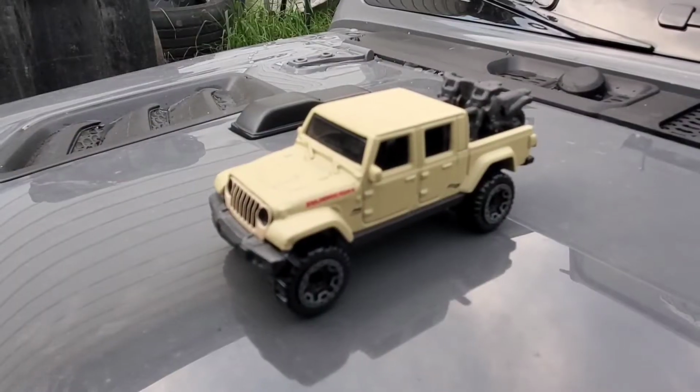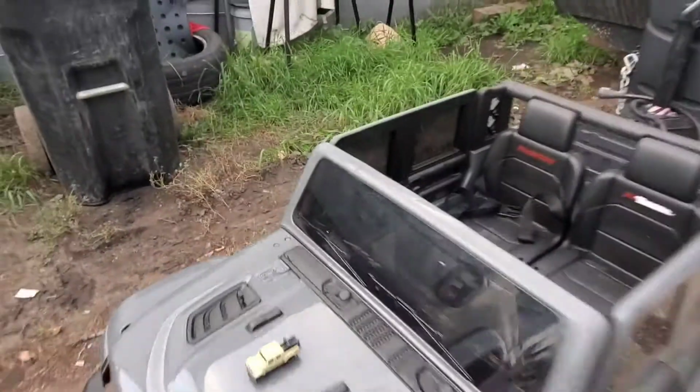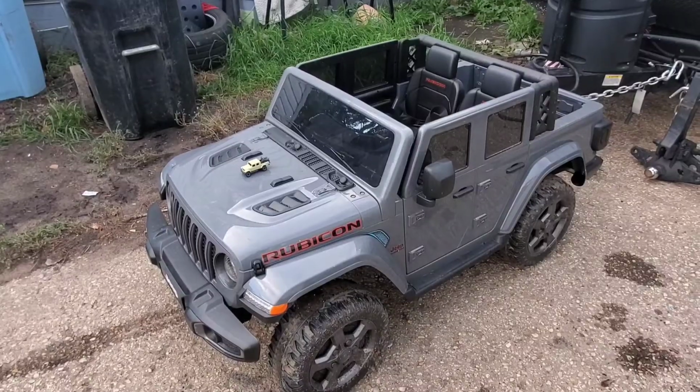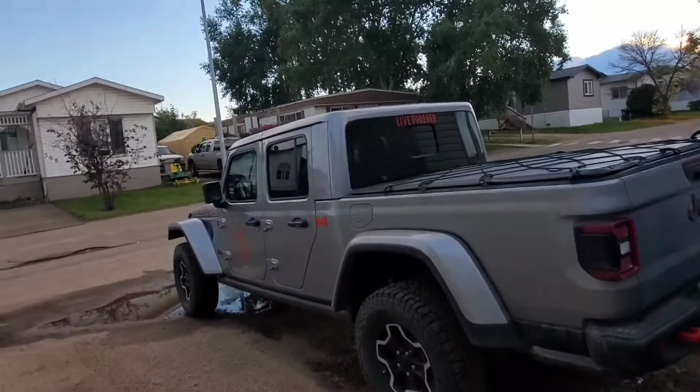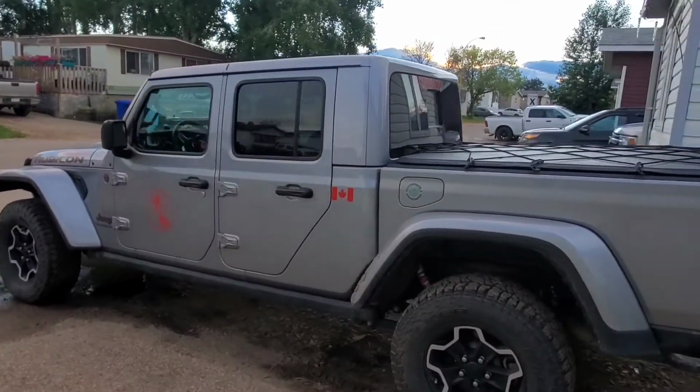Look at that badass Jeep Gladiator. But that's too small to be my Jeep Gladiator. What about this badass Jeep Gladiator? That's still too small to be mine. Look at that badass Jeep Gladiator. That one is definitely...